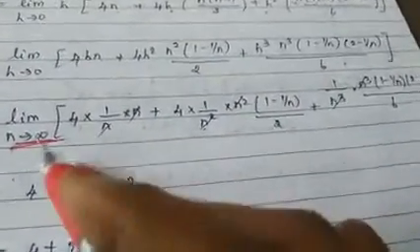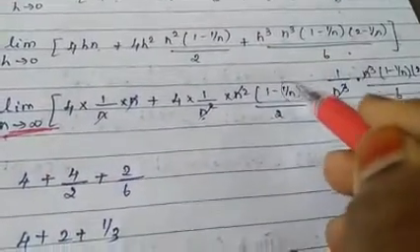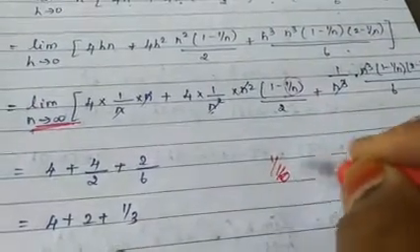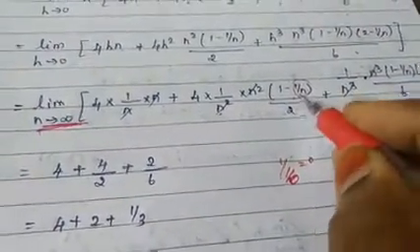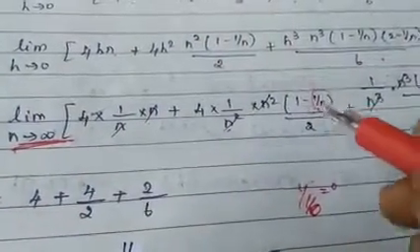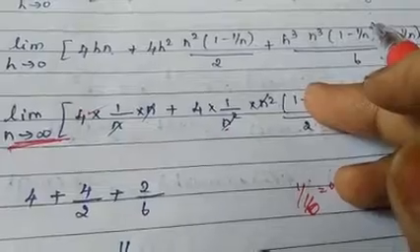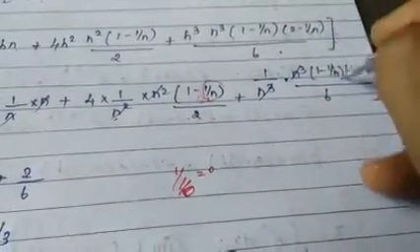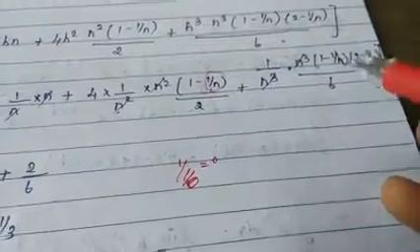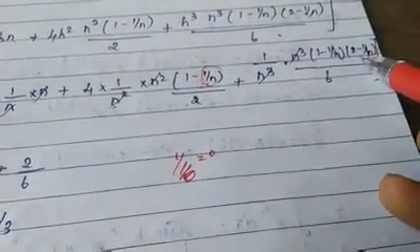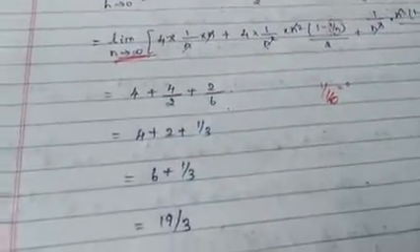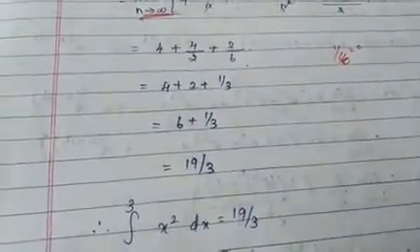Now, when you apply the limit n tends to infinity, as I told in the previous sum, this 1 by n will become 0. 1 by infinity is nothing but 0. Therefore, this term 1 by n alone will become 0. Now, here it is 4, this is 0. Therefore, it is 4 by 2. In this term, this 1 by n is 0. Therefore, what you will get is 1 into 2 is 2 by 6. Therefore, I have written 2 by 6. Here it is 4 by 2. After that, take LCM, simplify and write the final answer.